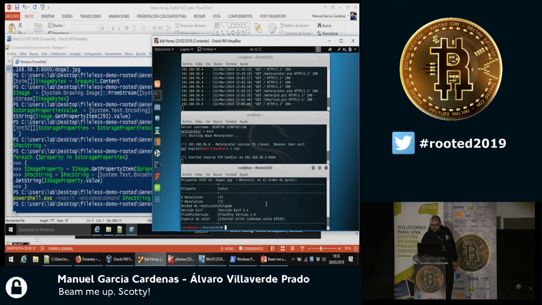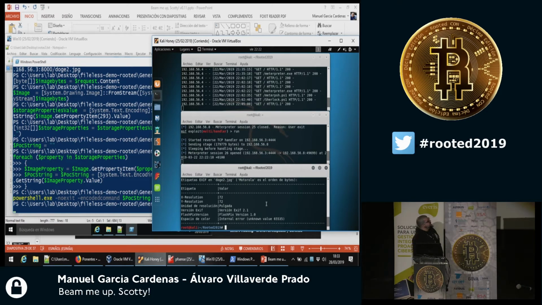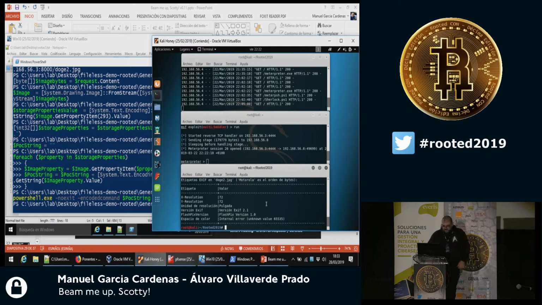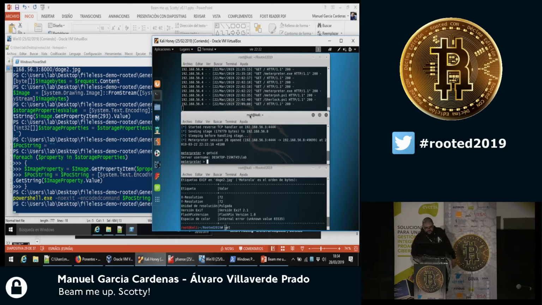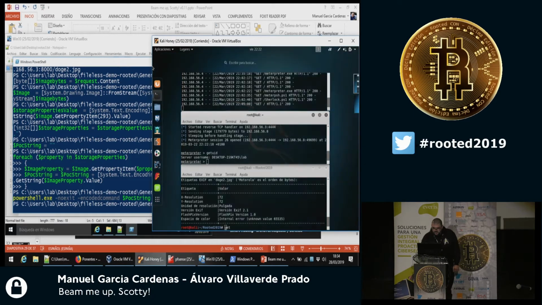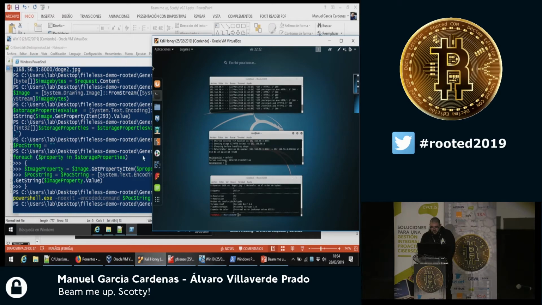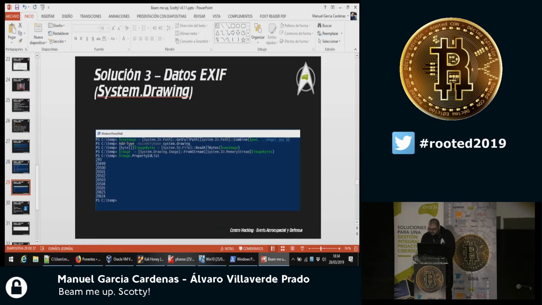If we launch it, very soon now we will have the Meterpreter session. There it is. So no one has created any session in Meterpreter? So, going back to our presentation,